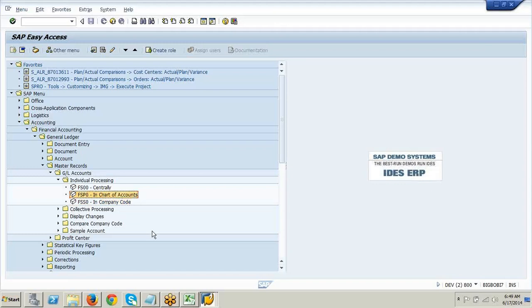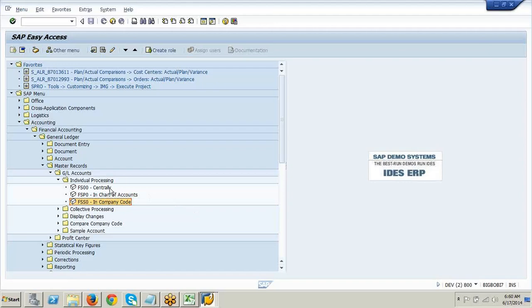When we start the implementation, we create a lot of GL accounts centrally only. But there are some more GL accounts which I'll create at chart of account level and leave it. Later in future, whenever the user wants, he'll just extend it to the company code. This is the most difficult part for him, setting up at chart of account level. At company code level, what he'll do? He'll go to centrally, look into the other GL account, and similarly copy and paste it over there.